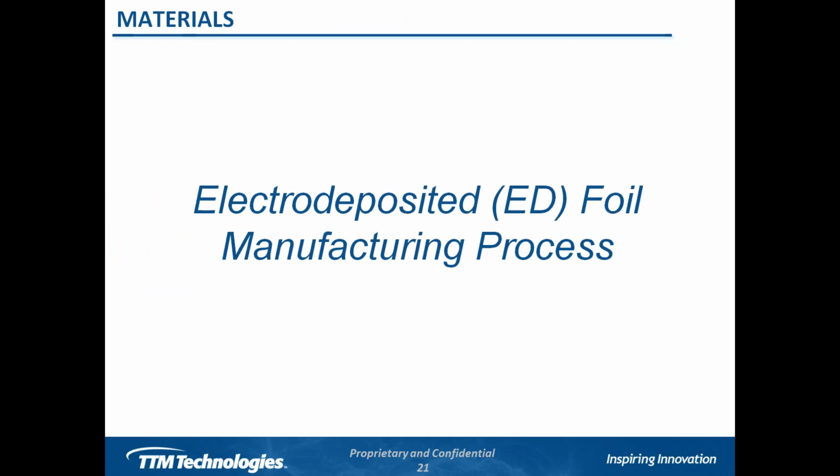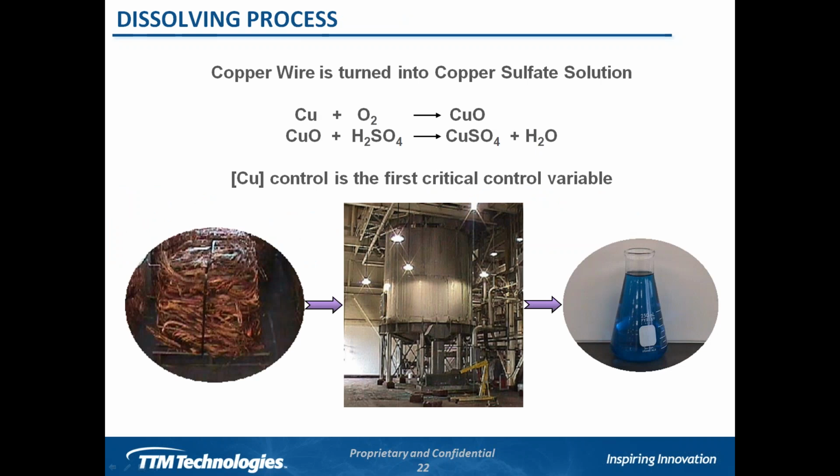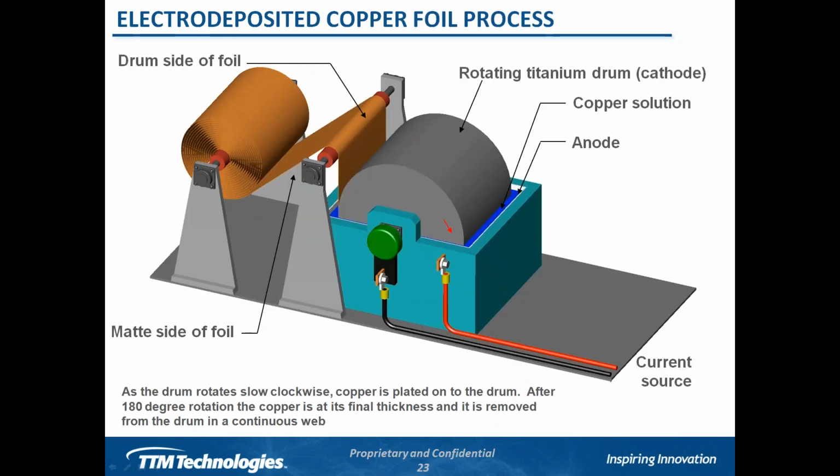Now, if we look at the more popular one, the ED foil. With this, the supplier will take basically copper wire. They will dissolve it in a big vat of sulfuric acid, and they will then create copper sulfate in solution, which is that blue liquid. Then they're going to go ahead and place that liquid into a big vat, and they're going to attach a drum to it. Now that drum is going to be